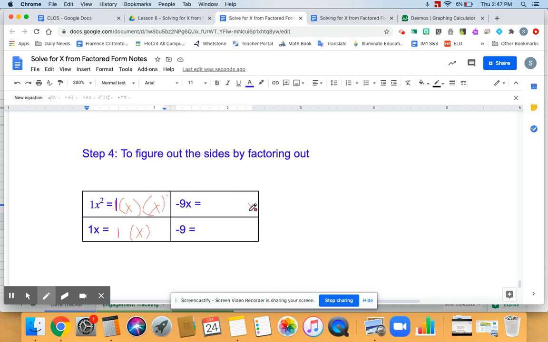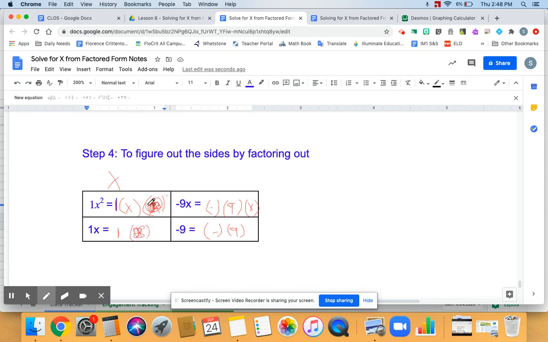-9x means we have an x, a 9, and a negative, all being multiplied together. A -9 just means we have a 9 being multiplied to a negative. I could split that part into 3 and 3, but since the other ones aren't 3, I'm not going to. So now if I factor out, is there a number in both of these up and down? Yes, there's the 1. I don't have to write it though. Is there a letter in both of these up and down? There's an x. So if I take an x out of both of them,